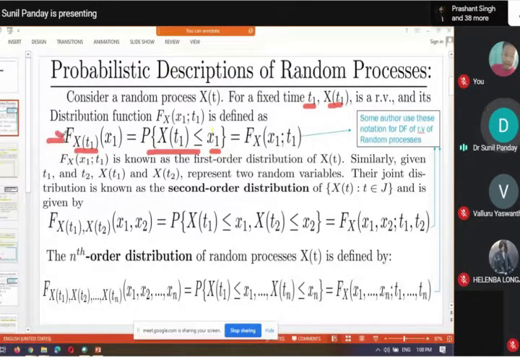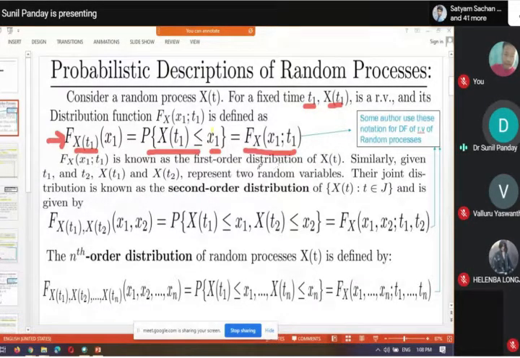So this is one way to write the distribution function for the random variable xt1, and it is always the probability of xt1 is less than equal to x1, and it is denoted by some author by this notation Fx. x1 is the variable, and t1 is for time. Actually we understood that xt1 is the random variable and small x1 is the value taken by the random variable xt1. So this is another notation. Okay. Then here we are having only one random variable for t1, so it's like a first